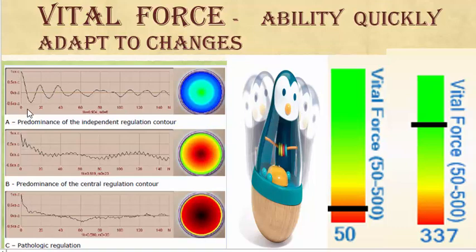In this diagram, we can see it fluctuating up and down, up and down. This represents a nice, high vital force. When it starts dropping, we don't see these nice changes in the anabolic and catabolic stage. Basically, when the vital force starts dropping, like over here, there is pathological regulation. We don't see the good bouncing.